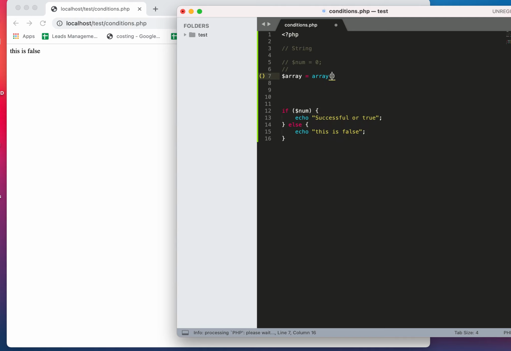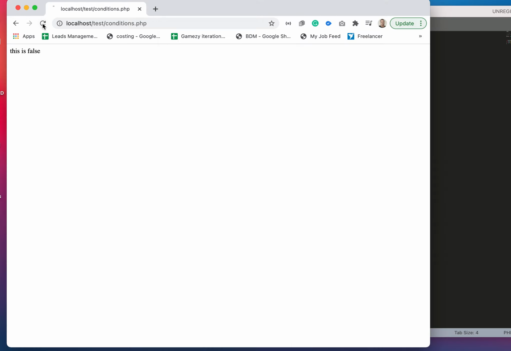Array. Let's put in some value, 1, correct? I have taken one array and written down 1. Now if I copy and check this variable, what will it show? True or false? True. Let's check.